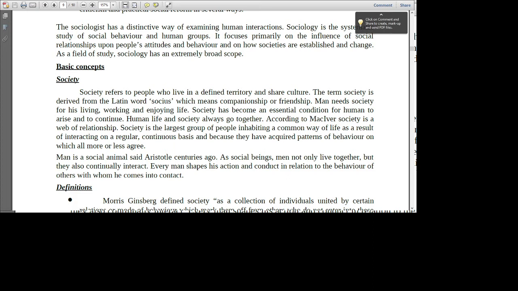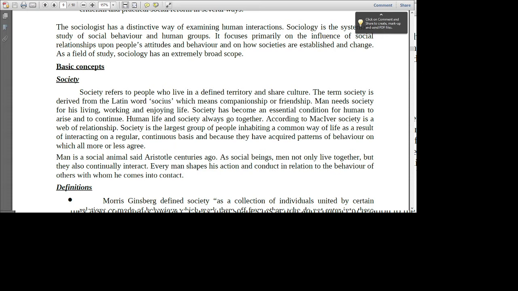That means there is a mutual interaction between the members of the society, as we already discussed. Man needs society for his living, working, and enjoying life. Without society, man cannot exist. We all know about that. Society has become an essential condition for human beings to arise and to continue. Human life and society always go together. Again and again I mention that without society human life cannot